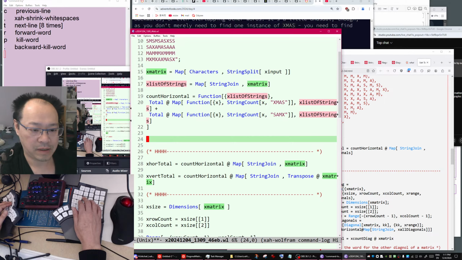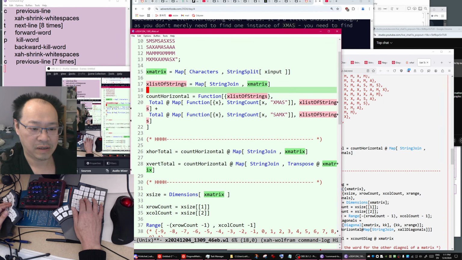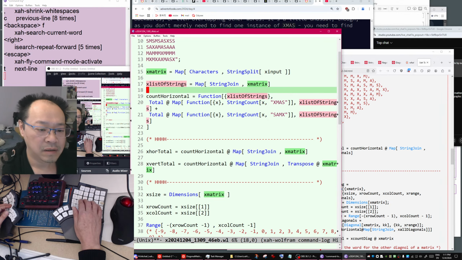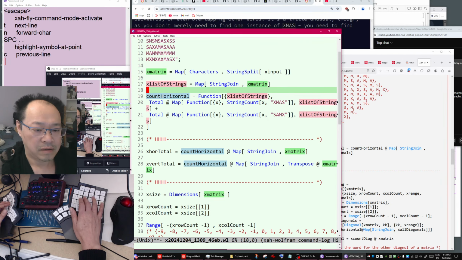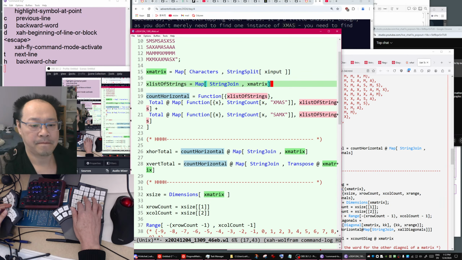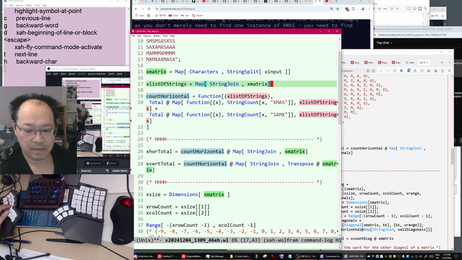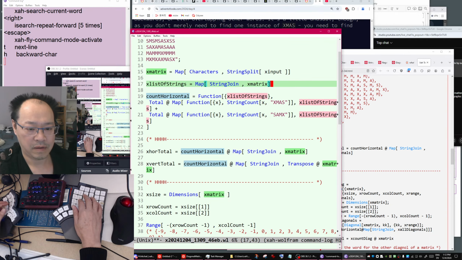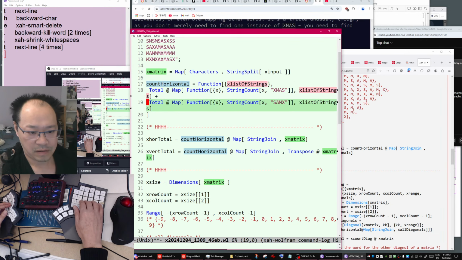Okay, so that is an important function. And do we need this? List of strings we don't need. Okay, so count horizontal is the important function.